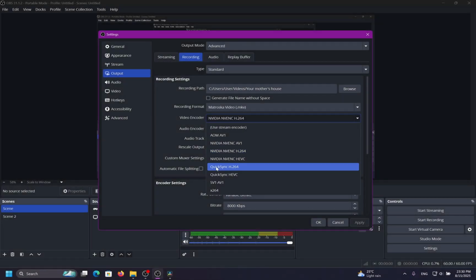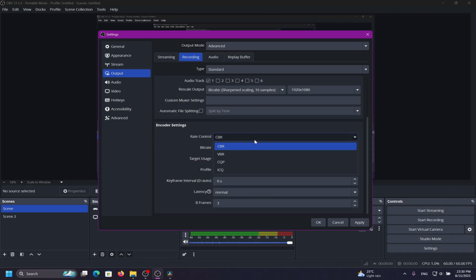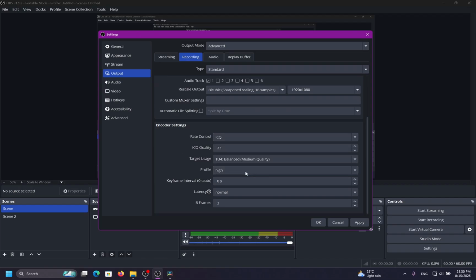Quicksync or QSV has a unique rate control that is its own and not found in the rest, which is ICQ or Intel Constant Quality. It is Intel's implementation of CQ or Constant Quality. Since it is their own, they optimize the rate control for Intel hardware encoders, making it the preferable rate control